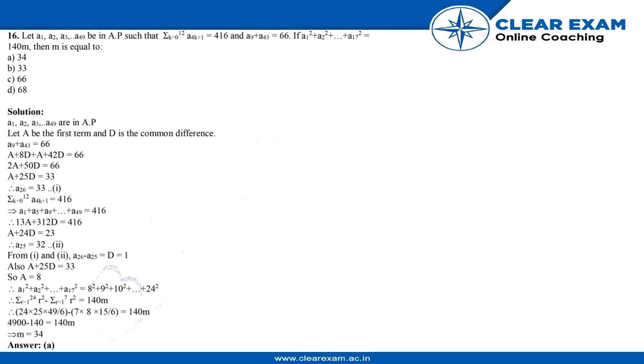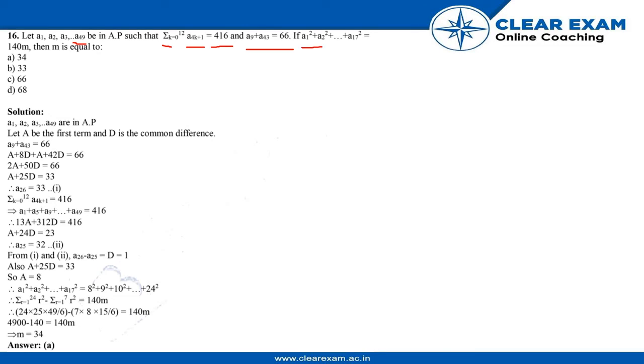Hello everyone. So we're going to start with question number 16, which says that we have been given, let's consider an AP from A1, A2, A3 and so on to A49, such that the sum of all the terms given by a_(4k+1) equals 416. We have also been given A9 plus A43 equals 66,